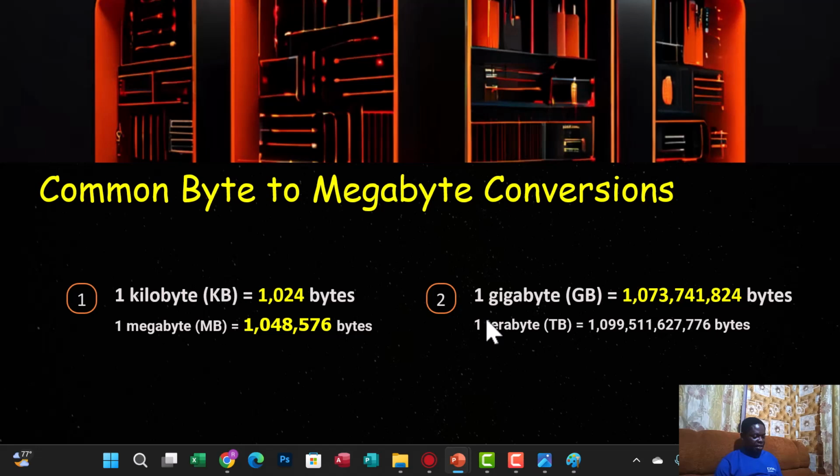Then 1 gigabyte is equal to 1,073,741,824 bytes. If you want to go higher, into the terabyte, then you would have